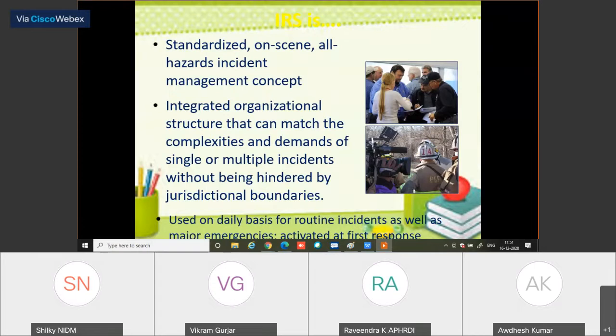This IRS is a standardized on-scene all-hazard incident management concept. Standardized because there are laid down standards, duties, roles and tasks assigned to each and every office bearer or designated person. It is on-scene because we have to react at the site or scene, and it may be applicable to all hazards, because for all hazard incidents we need management, and without management we cannot